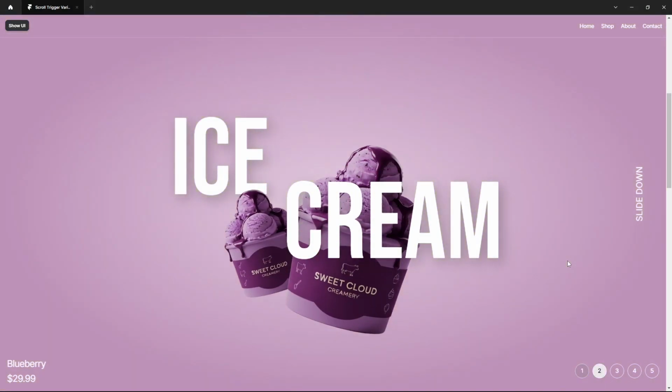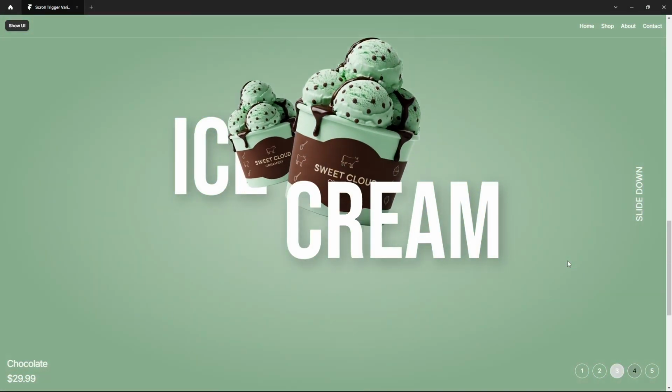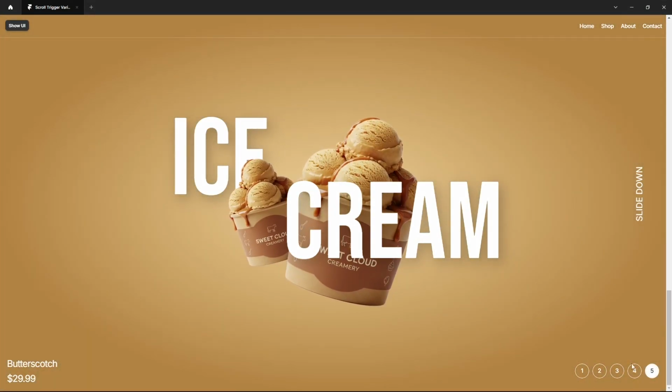Hi everyone, in this video I'll show you how to create this scroll triggered variant change in Framer without writing